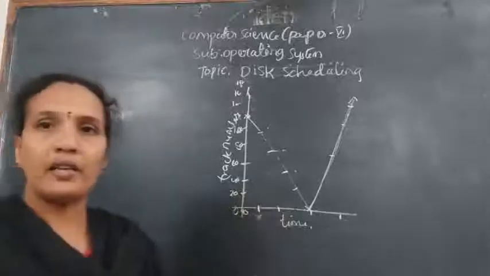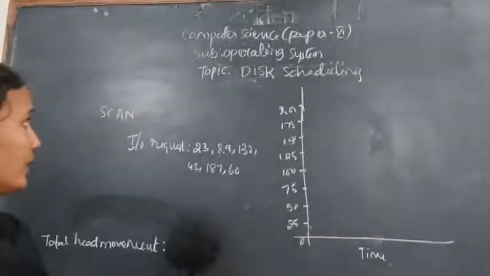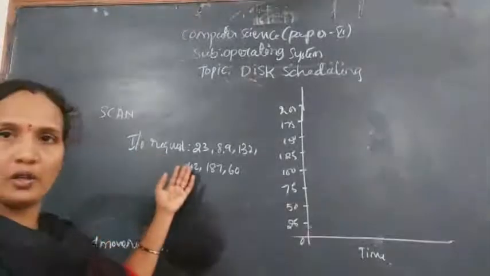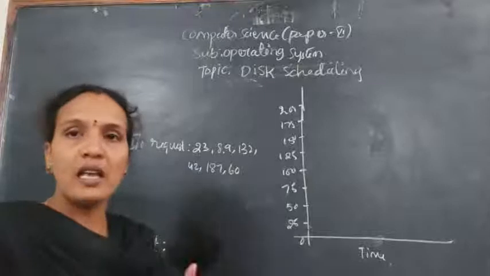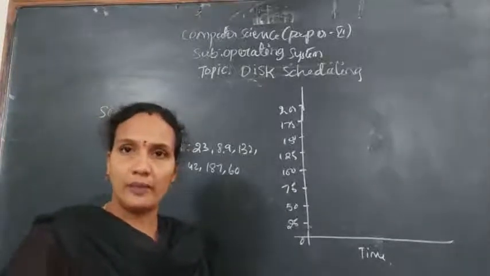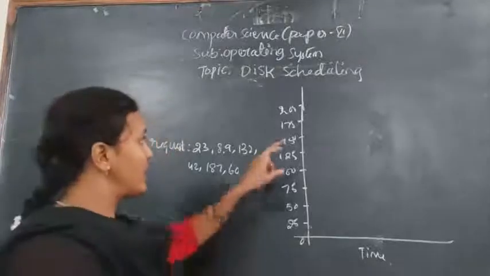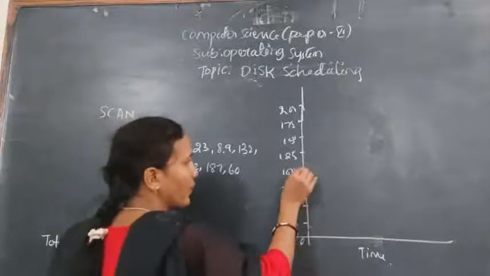Now the same point I'll explain with an example. Here we have some input and output requests. These requests will be served using the SCAN disk scheduling algorithm. As already explained, it will start at one end. Imagine in this example it is starting from 100. So this here is our point.